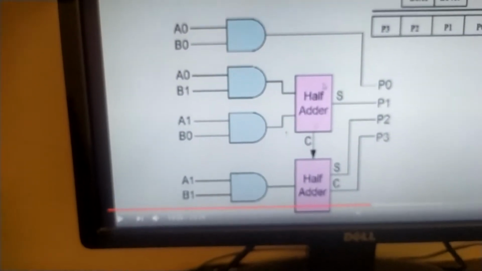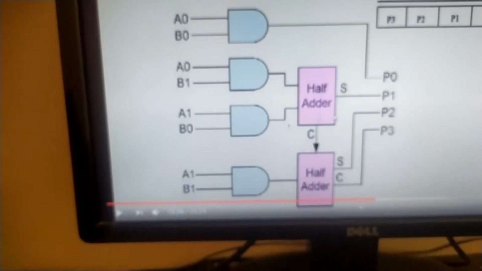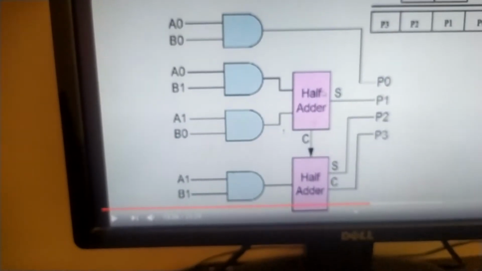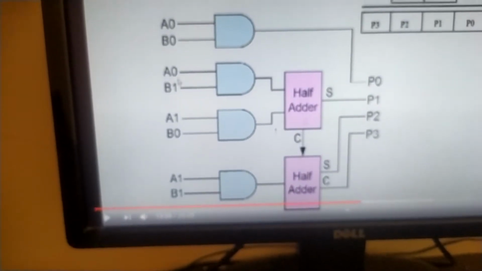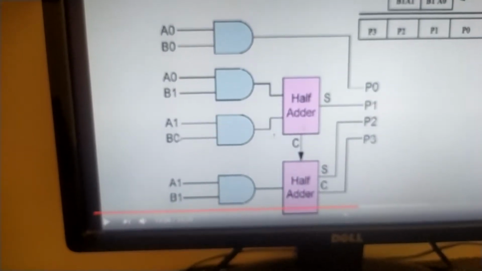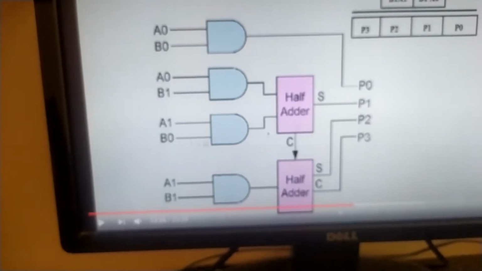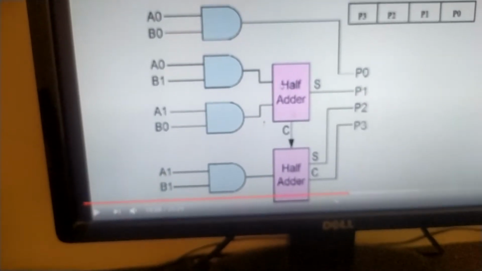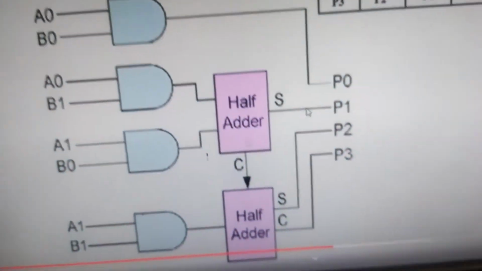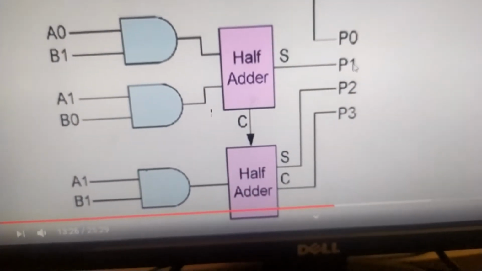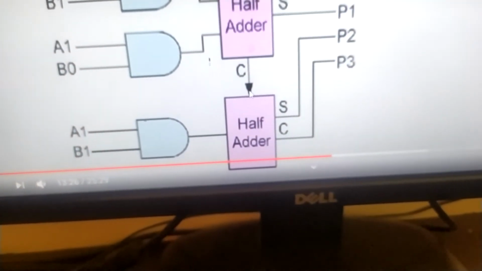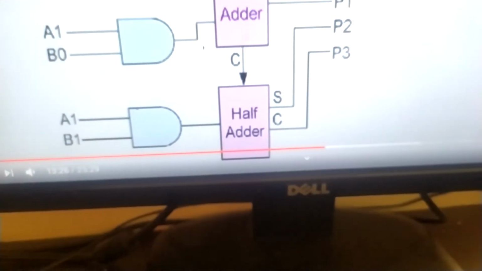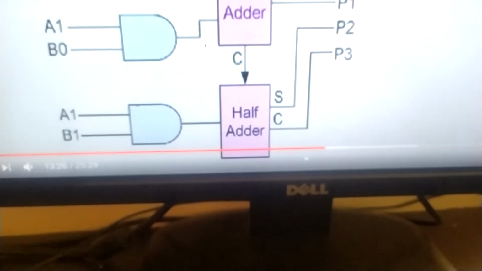This can be performed using a logical half adder. You give the partial products A0 B1 and A1 B0 as inputs to a half adder. Then you get the sum, which gives the partial product P1. If any carry is generated, it comes out as C, which acts as an input for the higher bit.